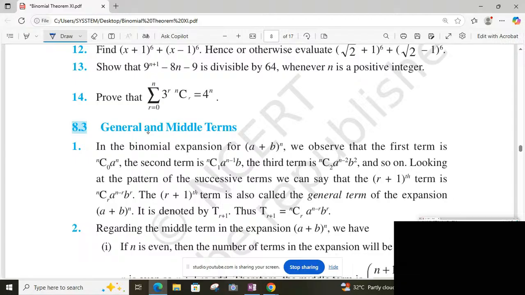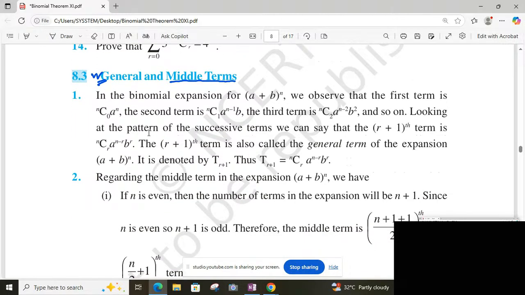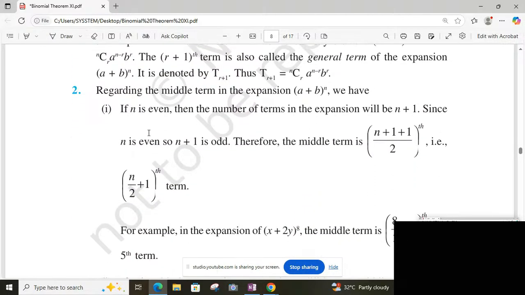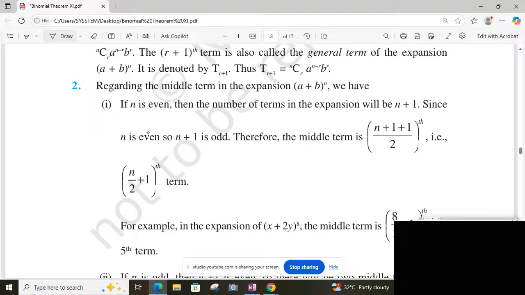So, general term and middle term. We have already cleared the concept of the general term. Today we shall discuss and clear the concept of the middle term. Let's see. Regarding the middle term, according to the NCERT textbook, in the expansion of (a plus b) to the power n,